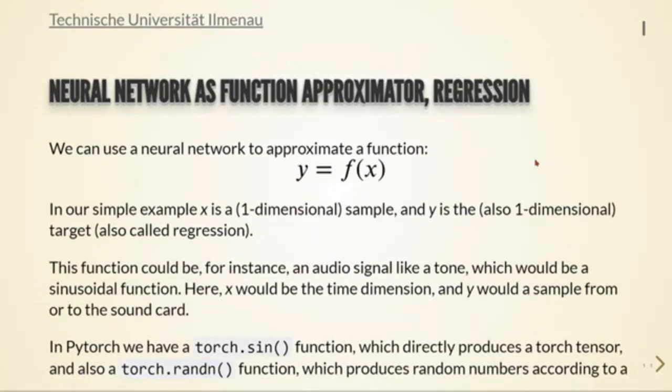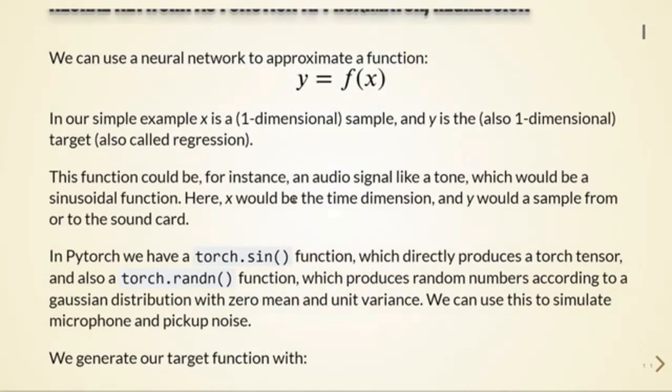We can use a neural network to approximate a function, for example, y equals a function of x. In our simple example, x is a one-dimensional sample, and y is the target, also one-dimensional, also called regression. This function could be, for instance, an audio signal, like a tone, which could be a sinusoidal function. Here, x would be the time dimension and y would be a sample from or to the sound